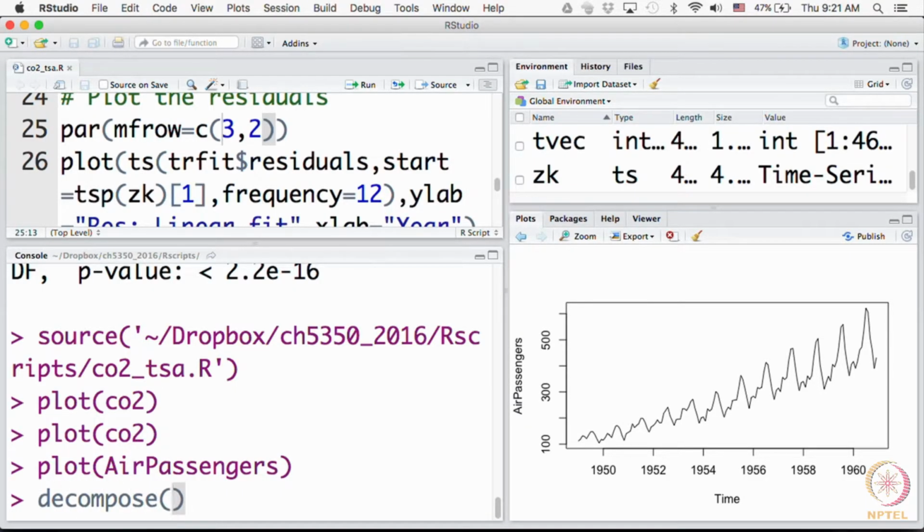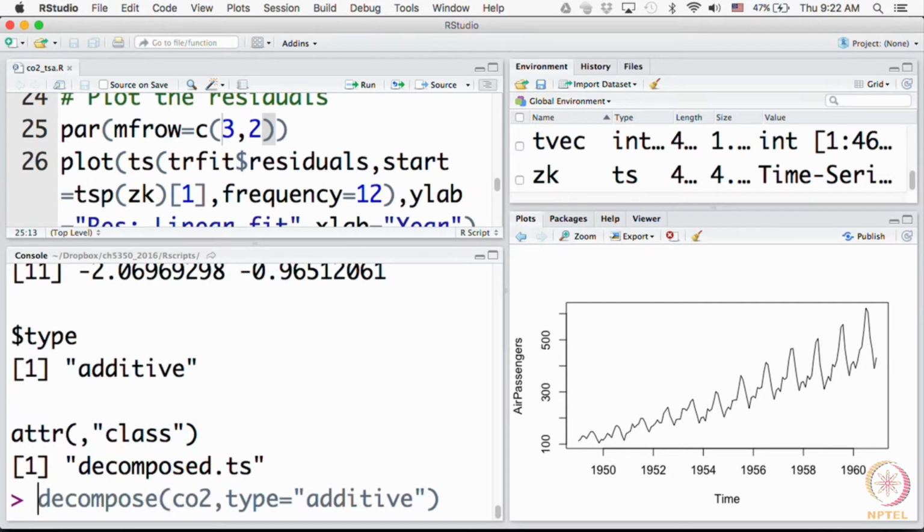So, we use decompose, and I should tell you that STL is a more sophisticated routine, but explaining the algorithm behind STL is beyond the scope of this course. I will not go into it. Again, more or less the inputs are the same. Whatever you give to decompose more or less have to be given to STL, but the algorithms are different. And in decompose you have the facility of saying whether it is additive or multiplicative, whereas in STL I did not find any option. Alright. So, let us try for the CO2 for example, and specify clearly that you want an additive model, and oops sorry, we want to plot it.